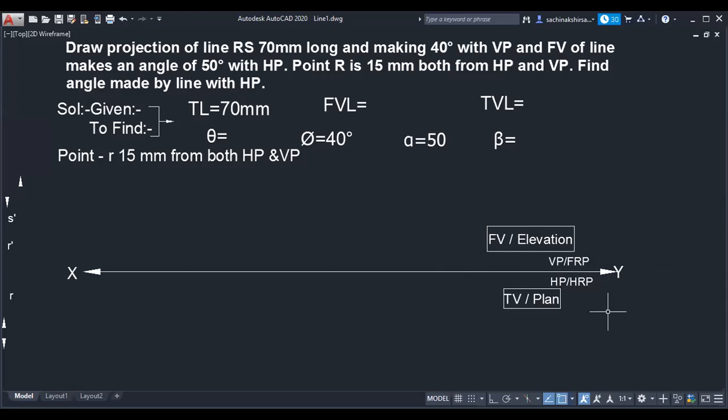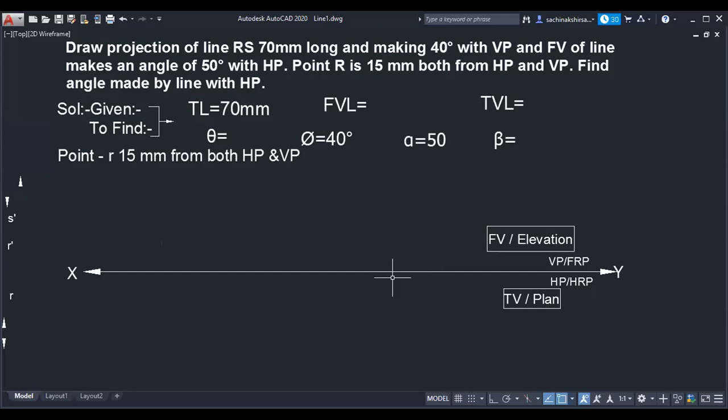So are you drawing with me? So let me check. Yes, sir. In the solution, first draw the XY line and then draw VP, HP, front view, top view likewise. I will go very slowly so that you can also draw, because yesterday many of the students were telling different answers. Now, where do we start the problem from?